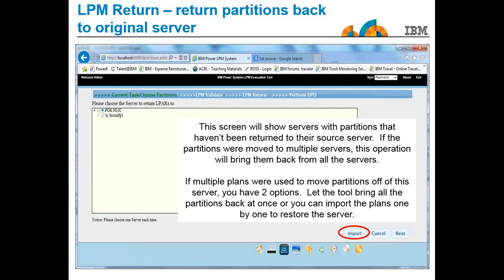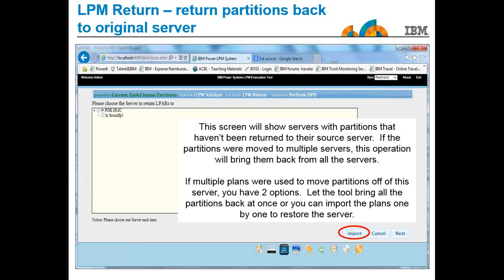Let's talk about returning back. Well, we should be able to maybe pull that chart up while we take questions here. So we've moved things away, and now you want to bring them back. When we bring them back, we put everything back in exactly the same spot it came from. So when we push things away, you may not have the same virtual slot numbers there. You may not have the same shared processor pools there. You may not have other similar things. But when we bring it back, we have actually kept track of what all the settings were on your source. And when we move it back, we do a very complicated HMC command and set all your values exactly the same the way they were before.